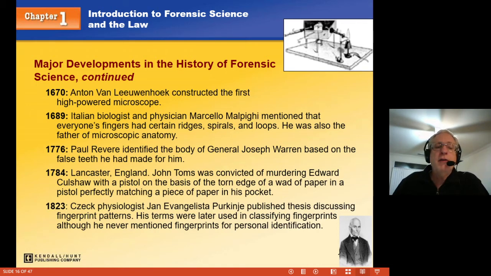1784, we're going to talk about ballistics in this course, and you'll see how, and actually like tasers, people don't realize that there are little slivers of paper that come out when a taser is fired, and those papers have serial numbers that indicate the exact taser that was used to fire and when it was loaded. And so let's say you tase somebody and then you run away, you can actually pick up those filings and identify the person based upon all the little pieces of paper that are scattered everywhere.